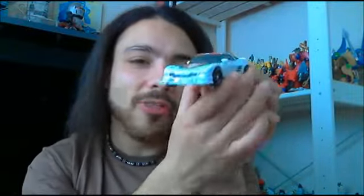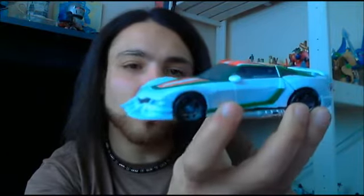Because, let's face it, the Wheeljack toy, as good as it was, didn't really have much movement in any other part of the body aside from the head and the arms. But this toy is fantastic. This, of course, is the Generations Wheeljack, and this toy is a retooling / remolding / recoloring of